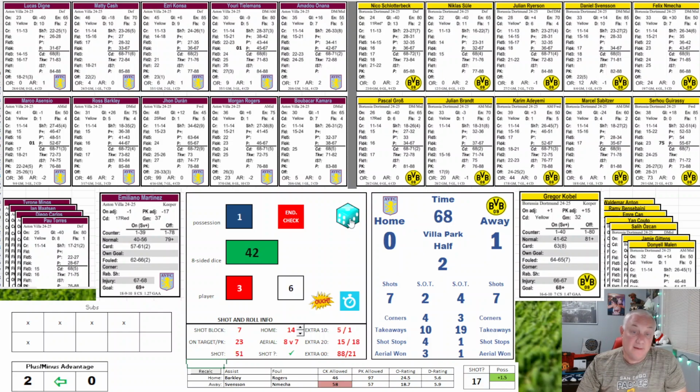438p. 3 sub check again. So getting more sub checks, obviously. Pascal Gross will be coming out, so it's Dortmund's turn. The other check will be Onana. He's coming out. So this will be the last sub for Villa. Against position 1 is Schlotterbeck. So each team's going to make a sub.